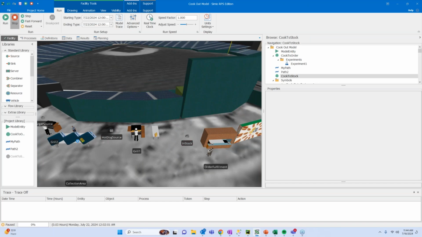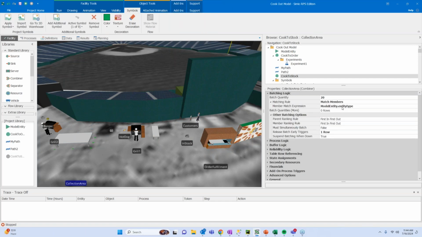And this is again a combiner here; the tray itself is just going to be what delivers the goods to the given station. So we want to distinguish on each tray, only match the members with one another. We don't want to mix our burgers and hot dogs on the same tray. So our members are going to see, if we're of the same entity type, we will match together.